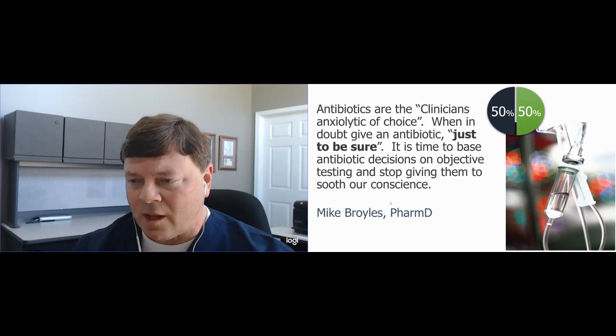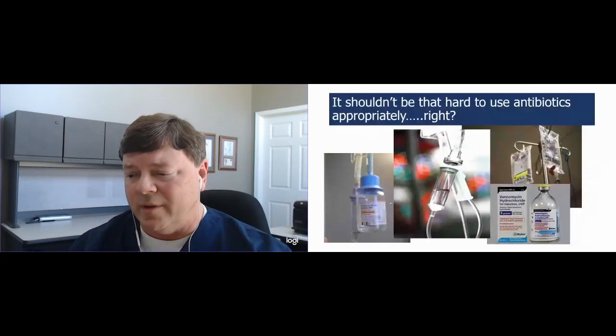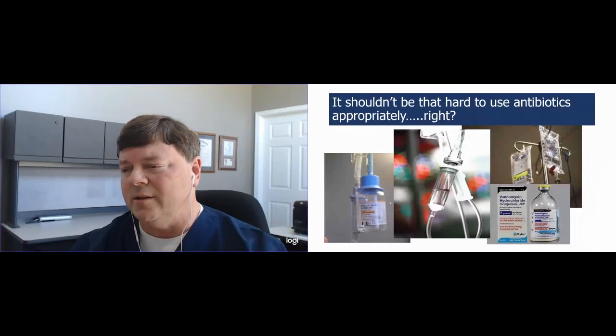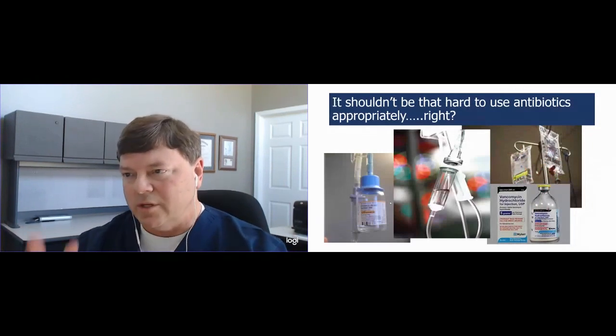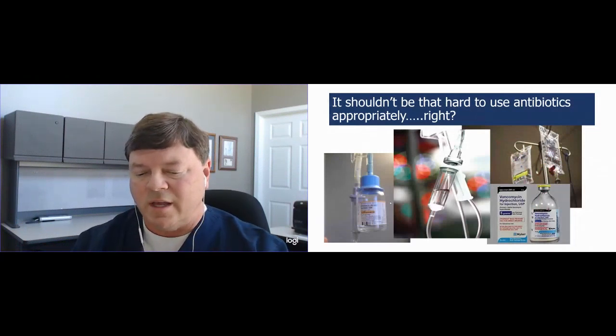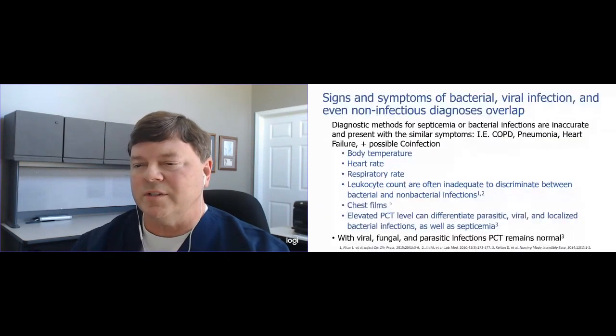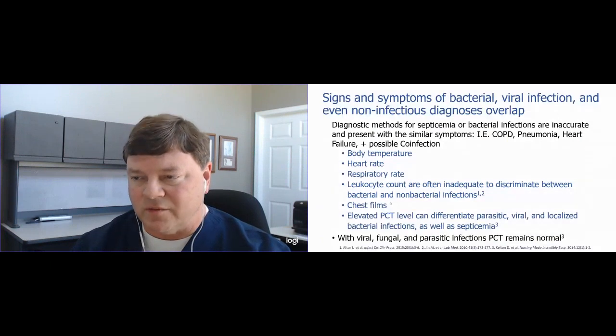On the surface, it seems like it shouldn't be that hard to use antibiotics. It shouldn't be that big a deal, but really it is. There are two key things. One has to do with the signs and symptoms; these clinical presentations overlap. The other has to do with the laboratory testing that we had, which lacks specificity for bacteria, which